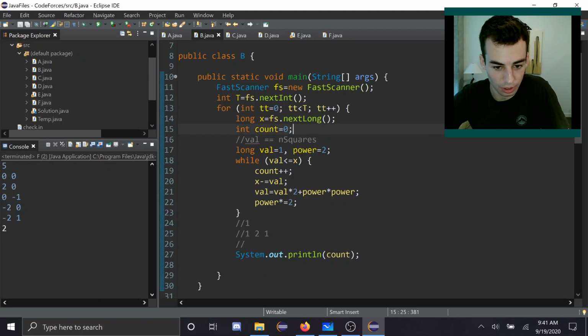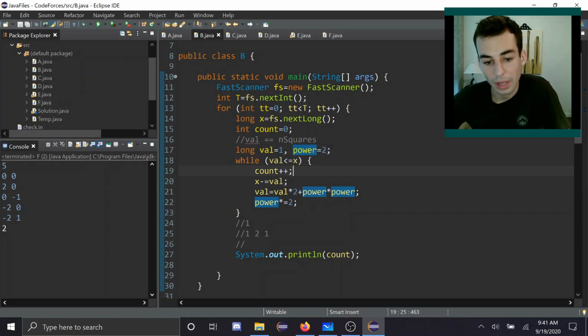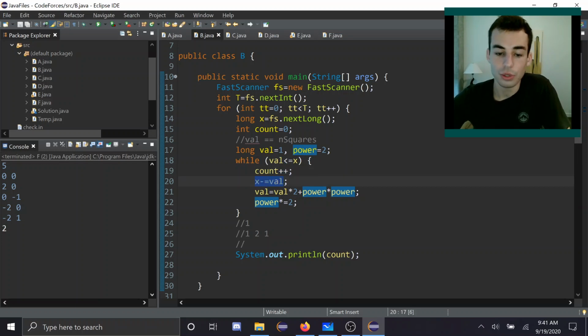So what am I doing here? Count is my final answer. And then these two things: this value stores the total number of squares in the bottom left group, and the power stores the size of the next square I'm about to add. So initially you just have a 1 by 1. The next square you're going to add is a 2 by 2. As long as you can keep doing this, then you count this additional square, you use all of these spaces up, and then,